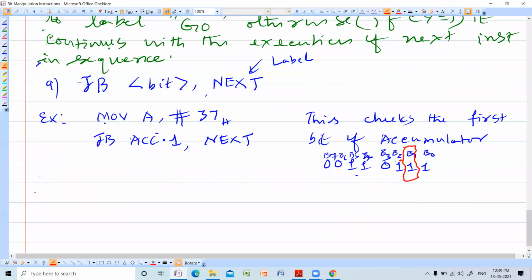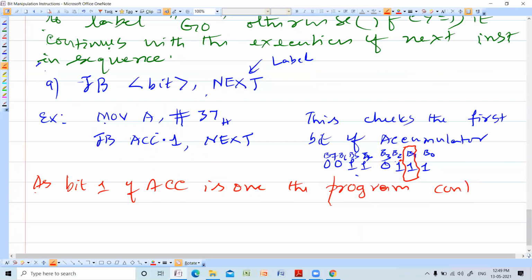As bit 1 of accumulator is 1, the program control branches to the address indicated by next in this case.